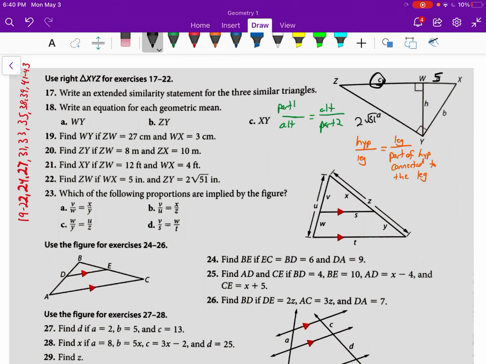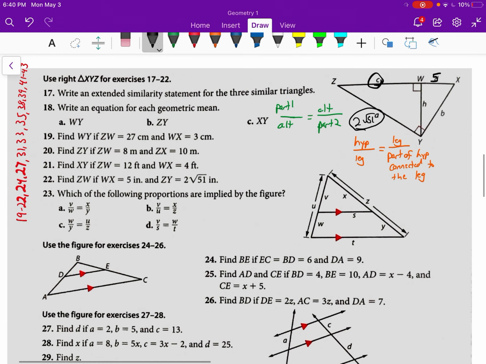ZY. Yep. So, the question here is, are we dealing with an altitude or a leg? Well, this is dealing with a leg. It's right here. So, for 22, we're still using that leg formula. So the leg, which is 2 root 51,